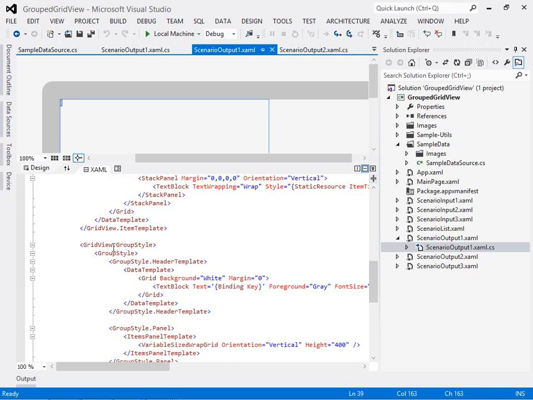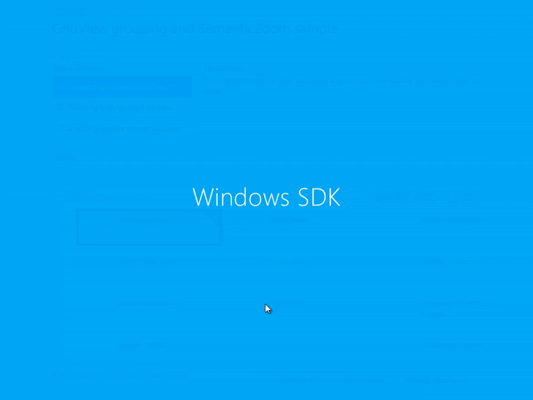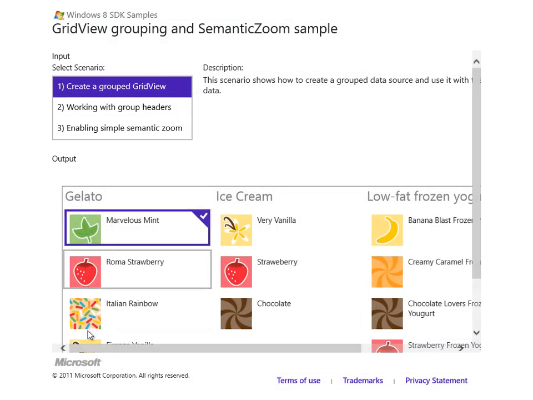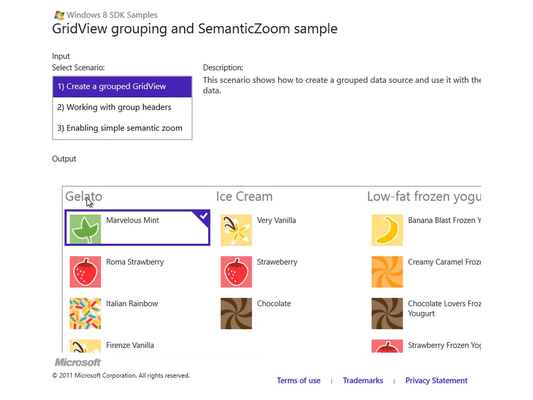There's also a group style, and this allows you to define what the group header looks like. It is a grid containing a text block where the text is bound to the key property of the item filling this grid. So if we run this again, you'll see we have the groups here where each item has a template that defines how it looks. We have an image and text, and the group header is coming from that key property which was built into the complex data structure that we built as part of the code in the data store, or the store data